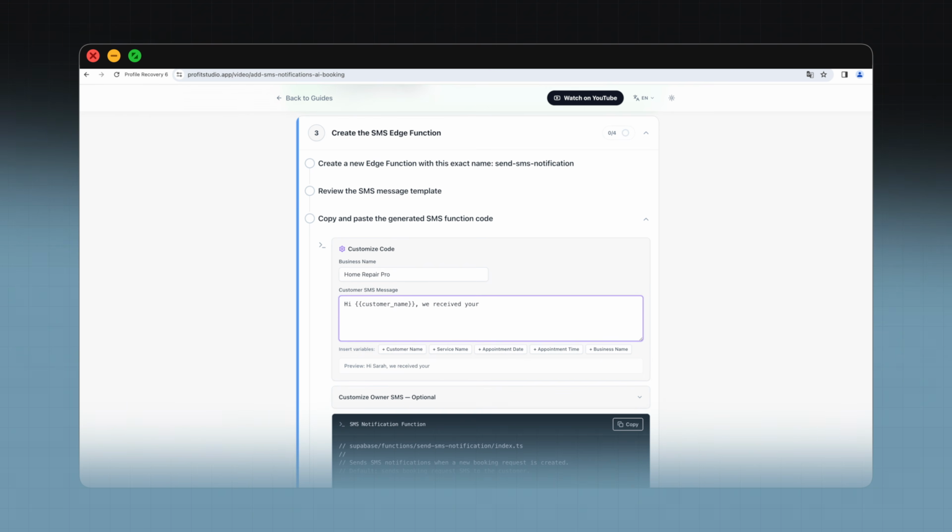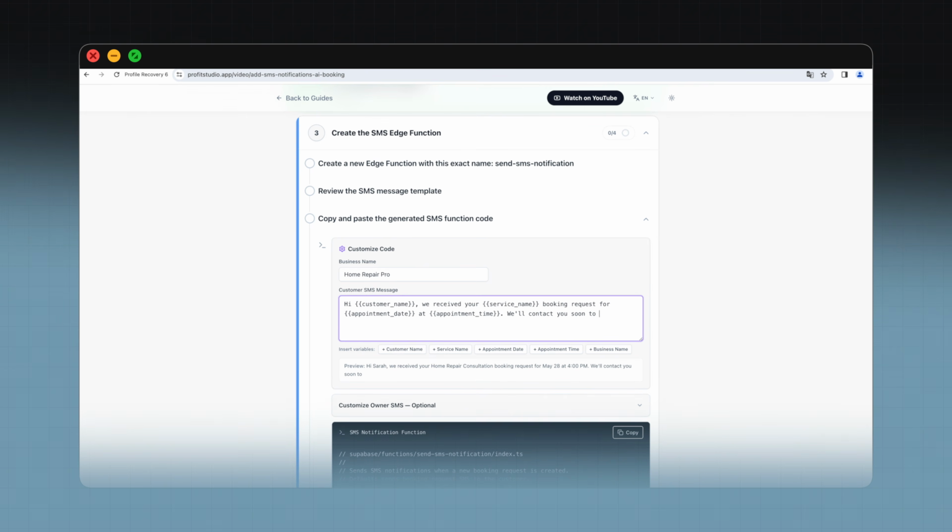They drop real booking details into your message. Click Customer Name and it inserts the customer's name. Service Name adds the service, and you can pull in the appointment date and time too. When the SMS actually goes out, each of these gets swapped for the real info from the booking form. And down here in the preview, you can see exactly how it'll look. The customer never sees the code or the variable names, just a clean message with their name, service, date, and